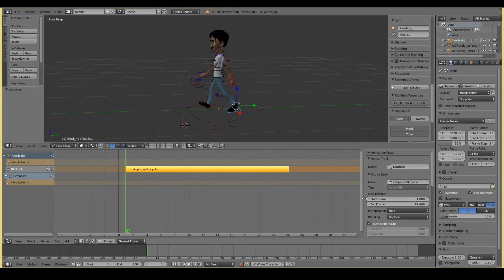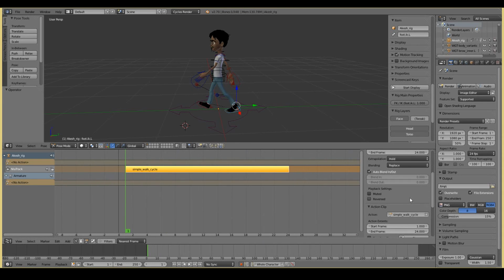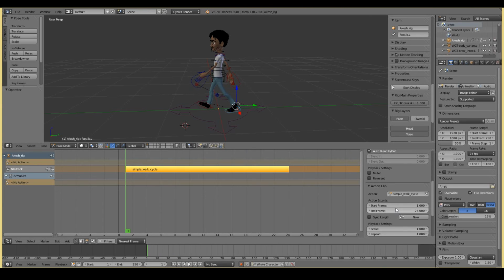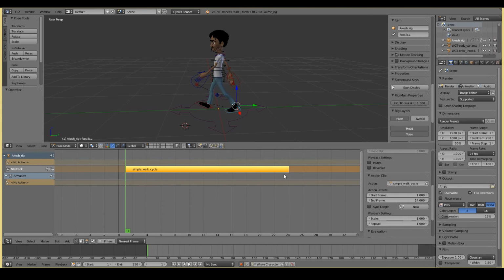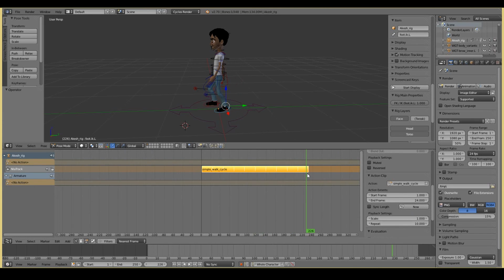So what you can do is you can repeat that animation. Since it's a walk cycle, it is always going to cycle again and again and again. So you can repeat that, say 5 times. Maybe 10 times, and that'll probably create our full walk cycle for this video. 231, good enough. Let's end it at 230. So if you play back now, you pretty much have a walk cycle that repeats 10 times.